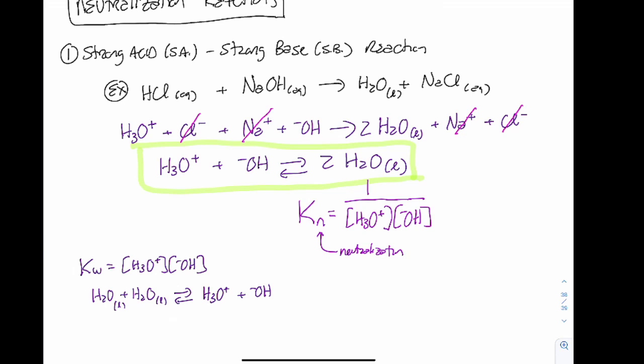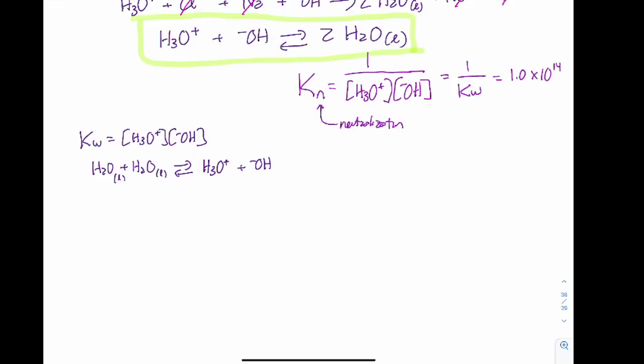And that's, of course, 1 over Kw, right? So that's actually 1 times 10 to the positive 14th, right? It's mostly products at this point, right? That's a big number now, the inverse of Kw. So a large value,